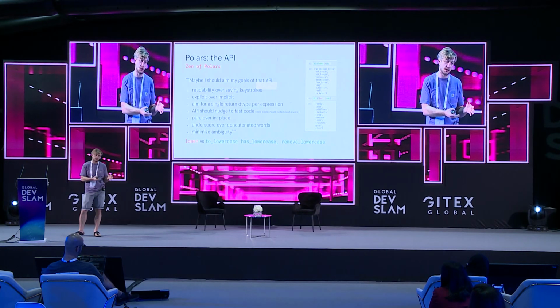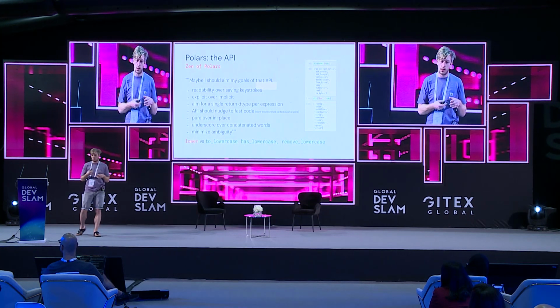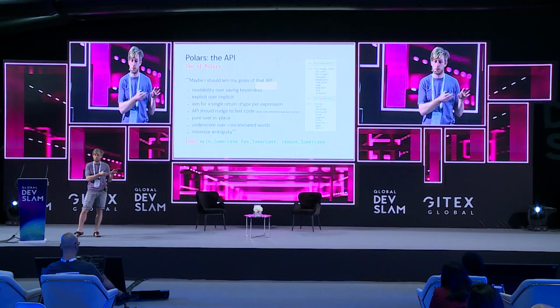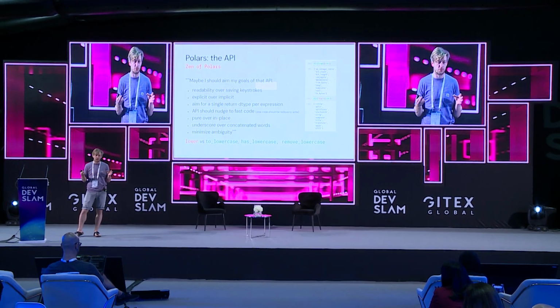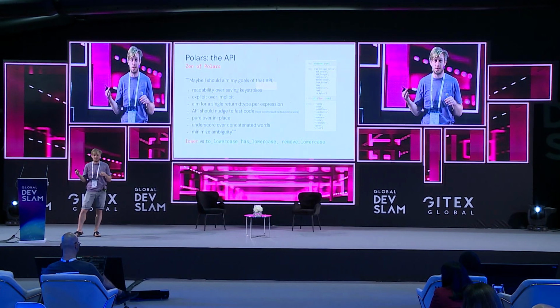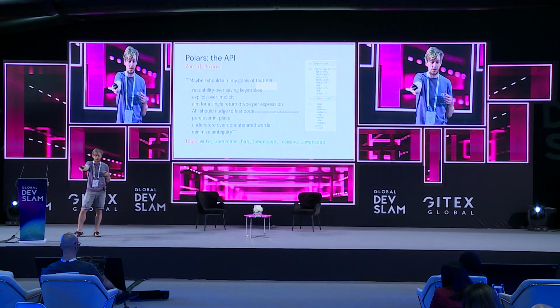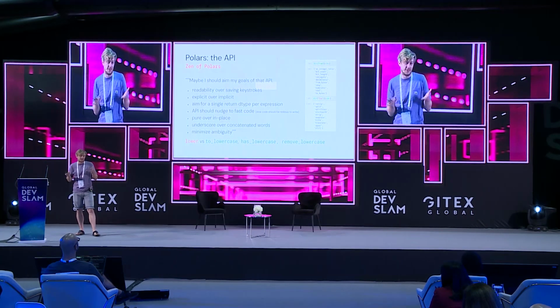We want to be pure in a functional way, so functions cannot have side effects. Underscore over concatenated words, and we want to minimize ambiguity. Someone said that some of these reasons didn't feel Pythonic, and I want to counter that there is no Pythonic way of writing things. Every Python standard library has different names. If we look here, some have underscores, others are concatenated. There's nothing to follow here.